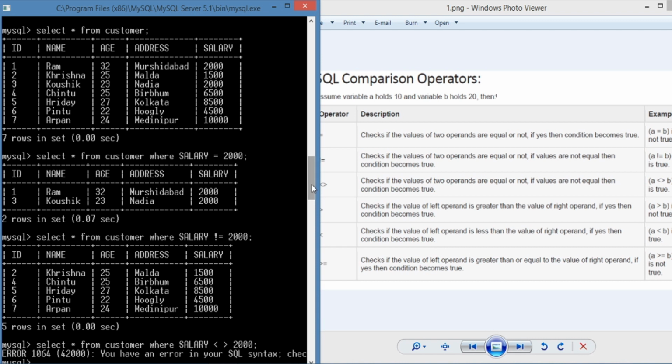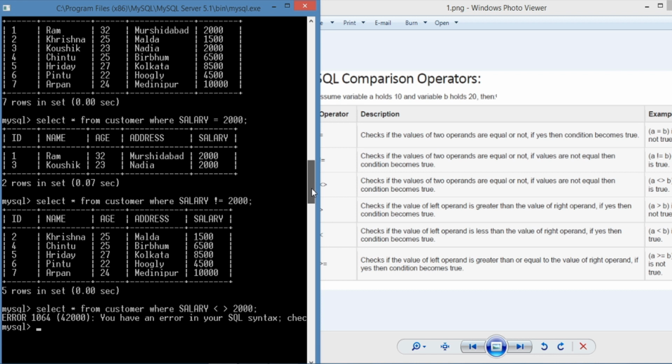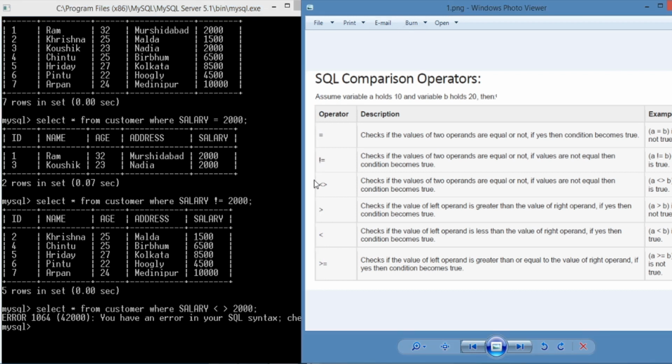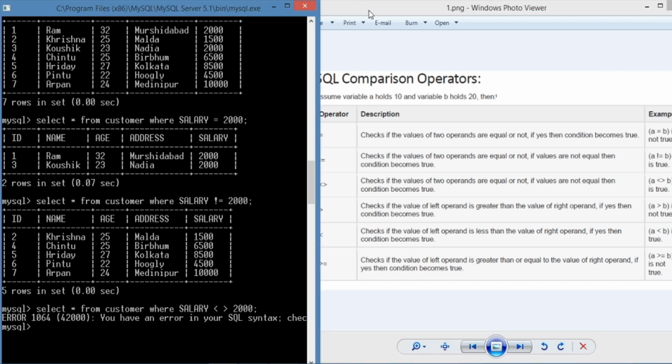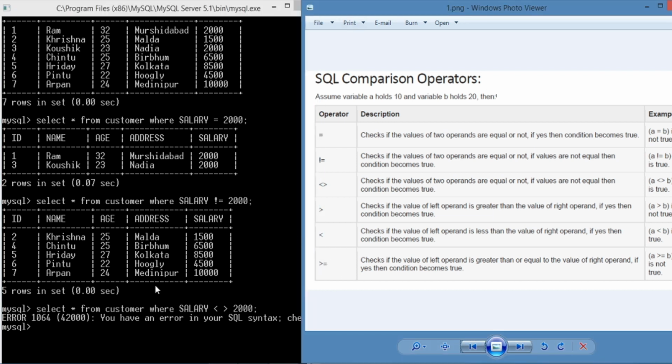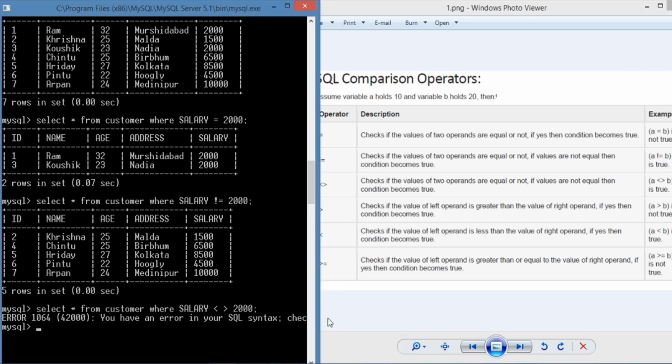Next I want to check the less than comparison operator. Check the result from the table.